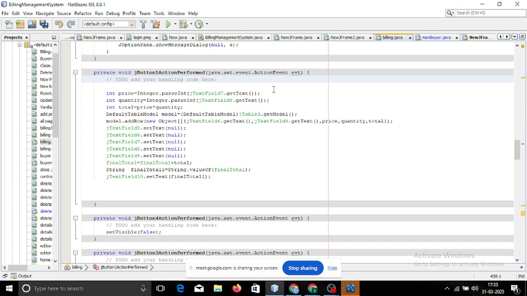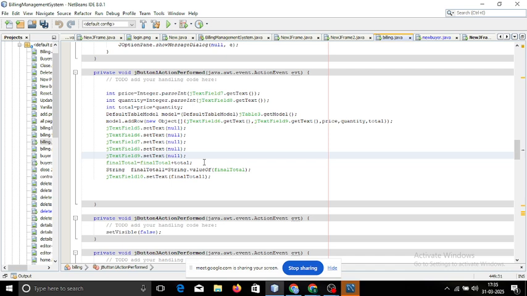Once you add all these things into the table, after that we are setting all the text fields to null, which is empty. And after that, for the final total, we have a variable called final total. In the final total, we are adding the total, whatever is there, so that we can generate the final total. We are converting this final total into a string, and we are making that final total visible to us in JTextField 10. Let me run this so that it will be even more clear to you,